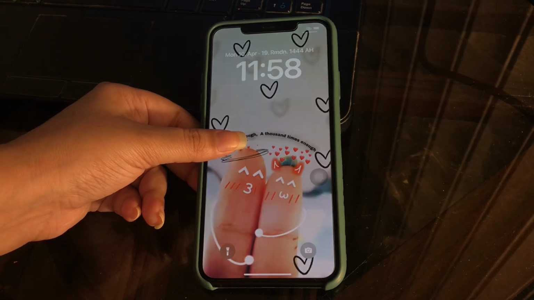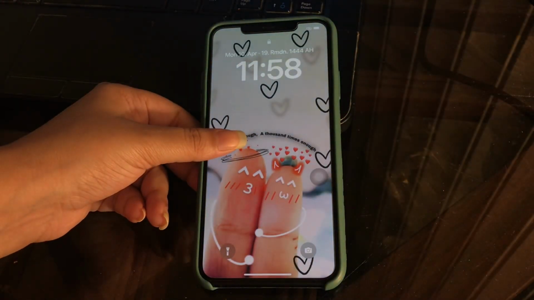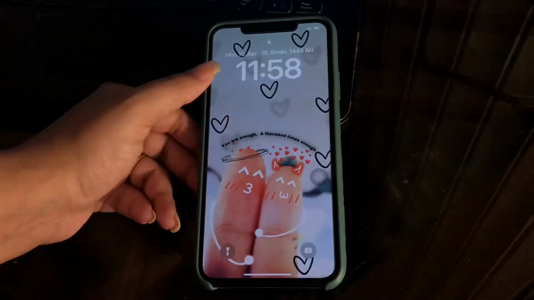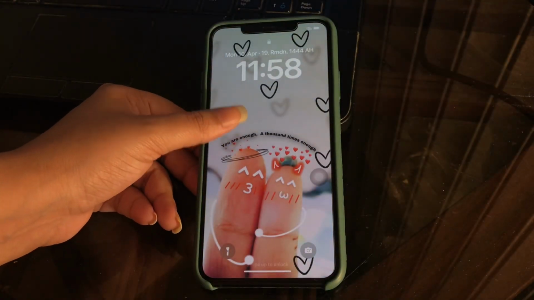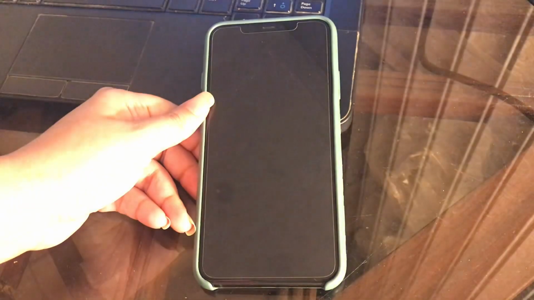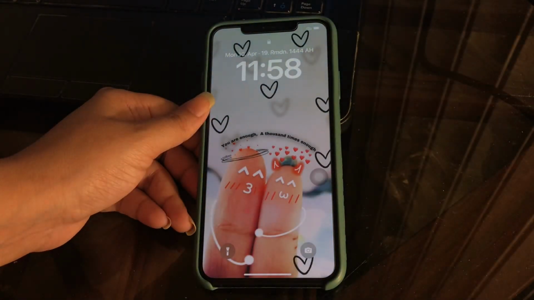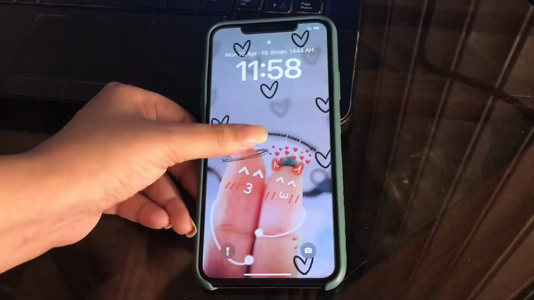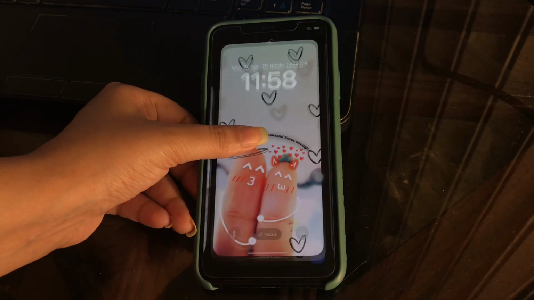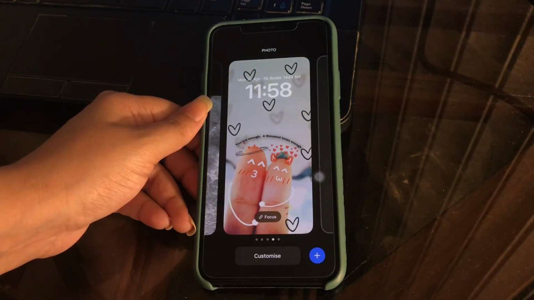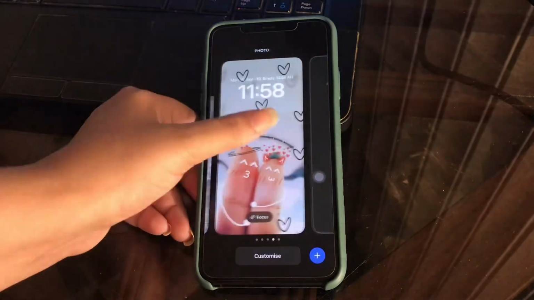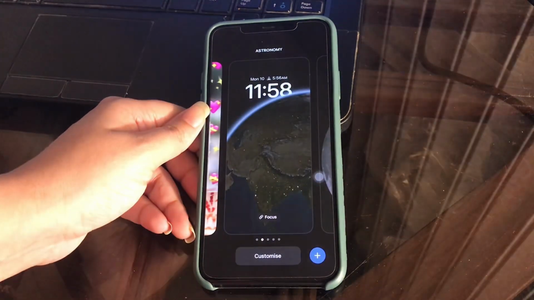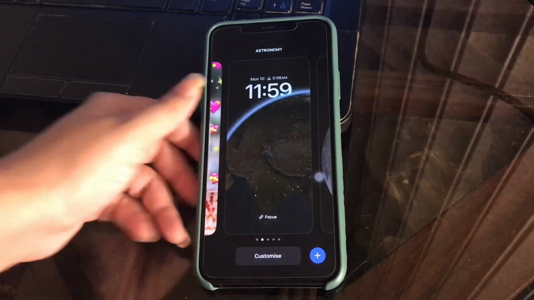The lock screen is the first thing any user would get to see after waking the iPhone up, so its appearance can have a positive impact on the users. Earlier, if you wanted to change the lock screen wallpaper, you had to go to the lock screen option all the way from the settings page. You had to navigate from there. But now in the latest iOS 16, you can do it simply by waking the iPhone by tapping on the screen or pressing the right side button once. After that, you need to just press the screen and hold for 1 or 2 seconds. It will show the option to customize your lock screen by adding new wallpaper or swiping left or right to access the previously set lock screen wallpapers, and you are done.